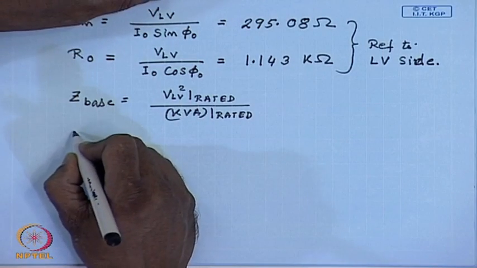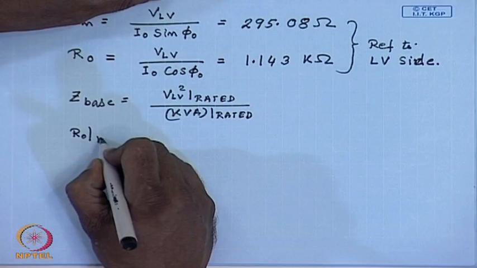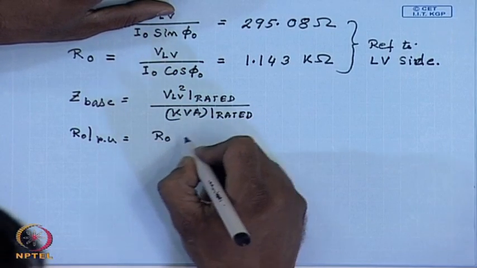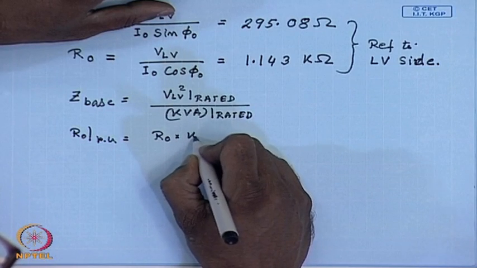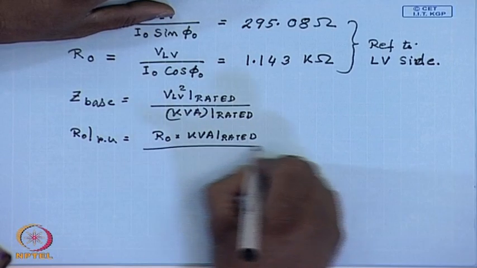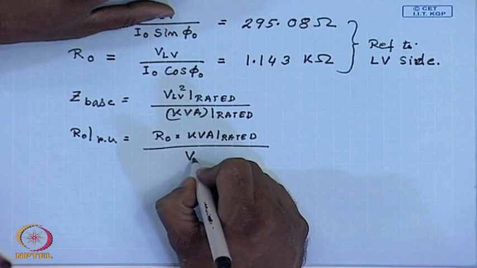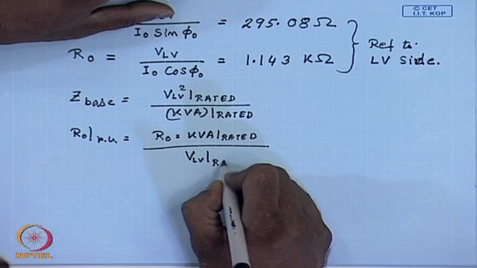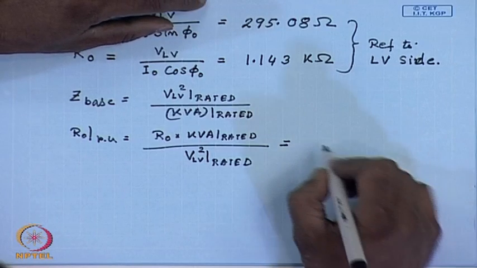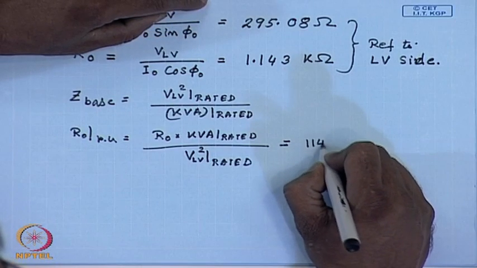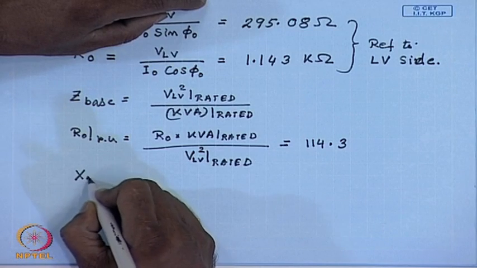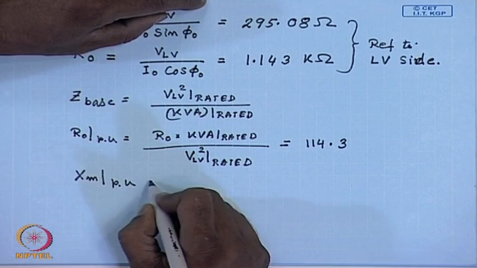Hence, R0 PU equal to R0 into rated kVA of the transformer divided by LV rated voltage square. This comes to 114.3. Similarly, by the same formula, XM PU equal to